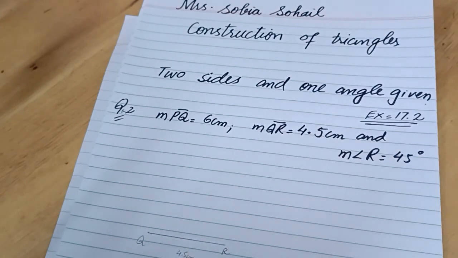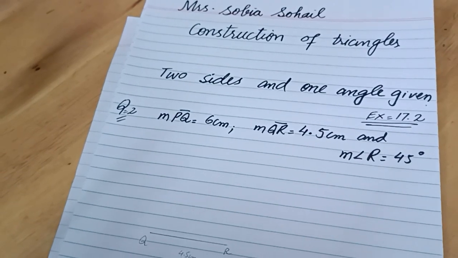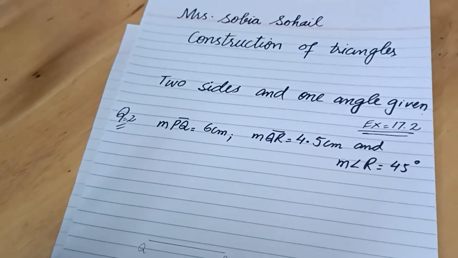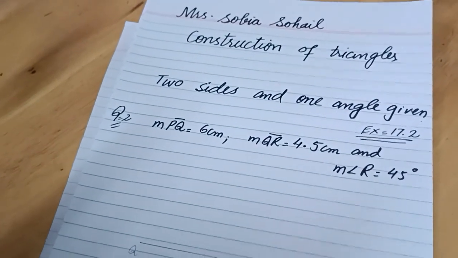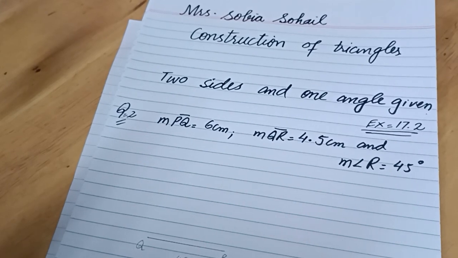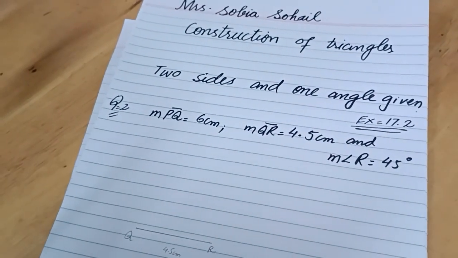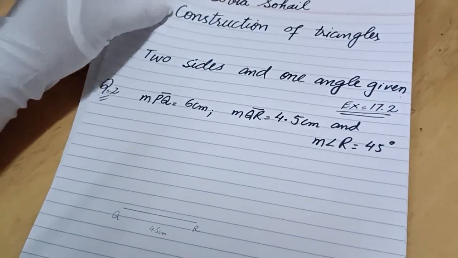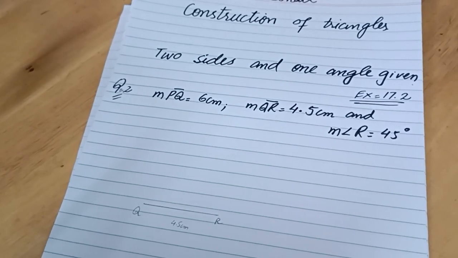Okay, after drawing this line segment, what we will do, we will draw the angle of 45 degree